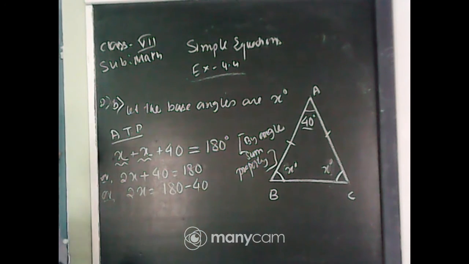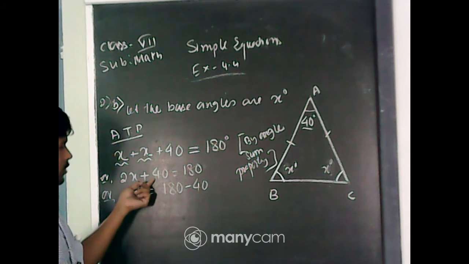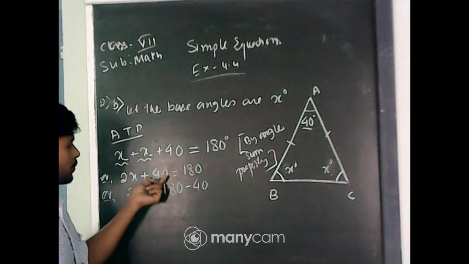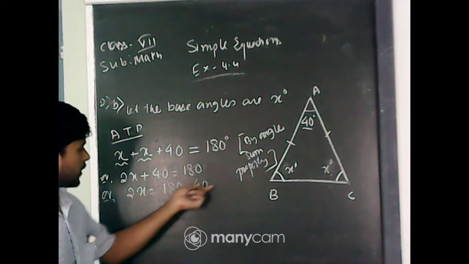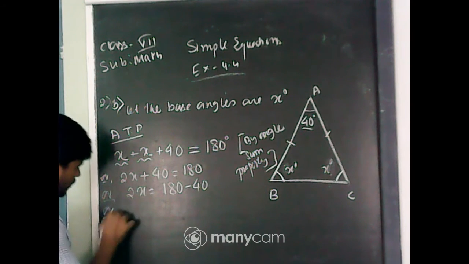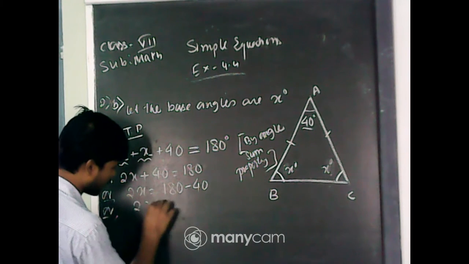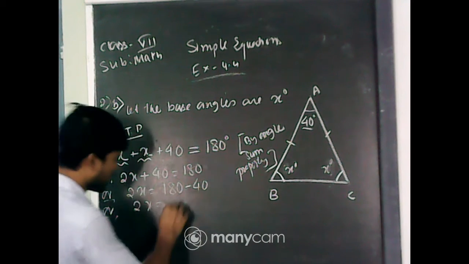Why minus 40? Because the sign of 40 on the left hand side is positive. So when we shift this 40 from the left hand side to the right hand side, its sign will be changed into minus. That means 2x will be equal to 180 minus 40, that is equal to